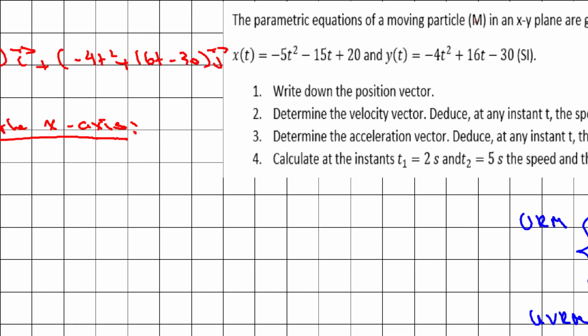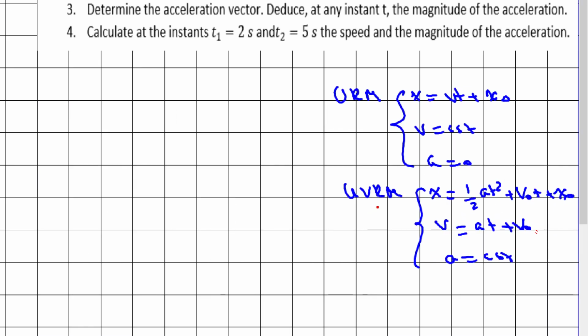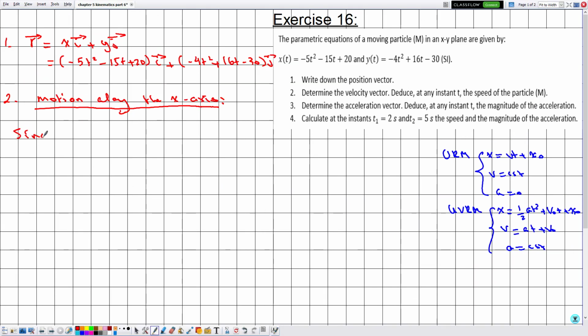Notice that the position along the x is quadratic in time. Whenever the position is quadratic, this means that the type of motion is UVRM, since x is equal to minus 5t squared minus 15t plus 20 verifies the general form x is equal to half at squared plus v0t plus x0. Notice that because the motion occurs along two dimensions, each component must be distinguished between the x and the y. This is related to the x, so it must carry the index x. Then the type of motion is UVRM